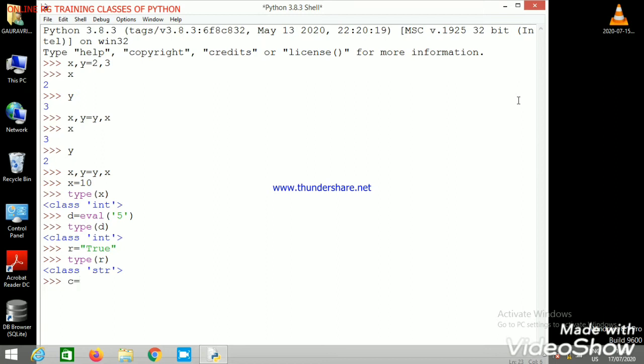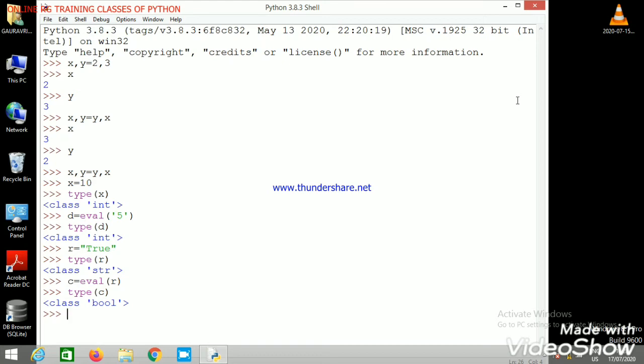I can do c equal to eval r. Now the type of c is bool. It means in the eval function there is no need to convert the type further. Eval returns the expected type to the user.